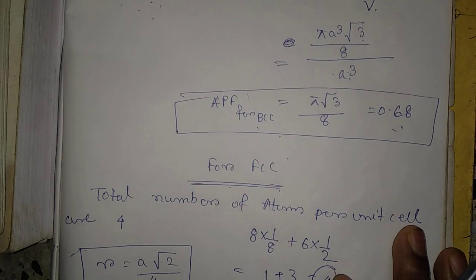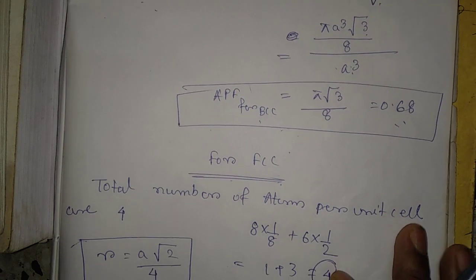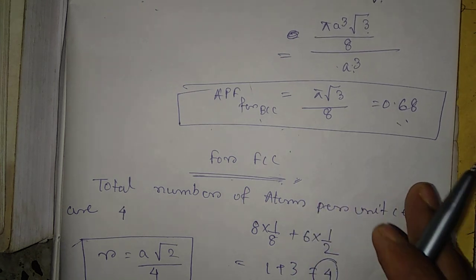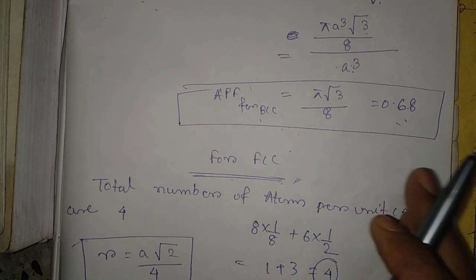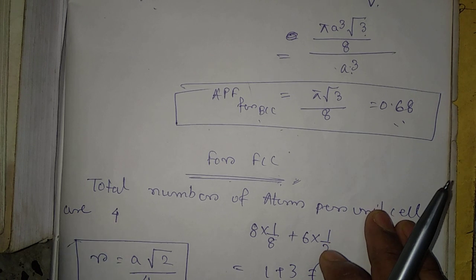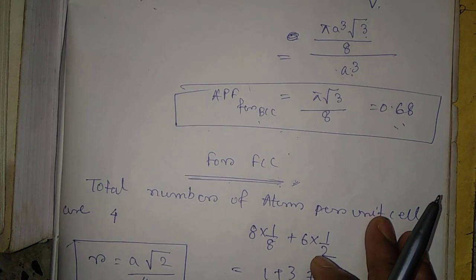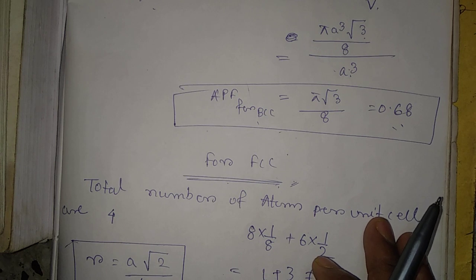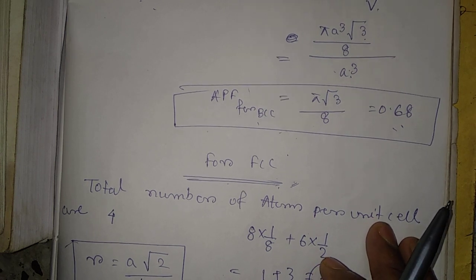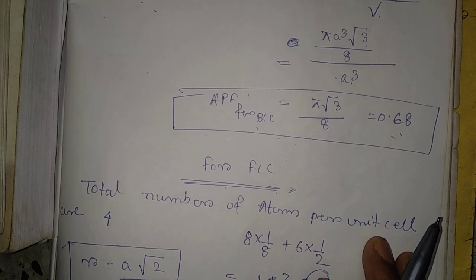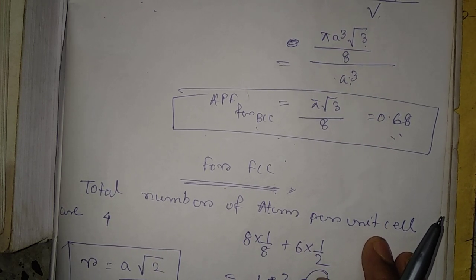Okay. Now, when you calculate the atomic packing factor for FCC, which means face centered cubic structure, as the name suggests, it is face centered cubic. Basically, it is a cubic shape, which means 8 corners, 8 atoms. But that doesn't mean that a total of 8 atoms are in this one unit cell. They basically share with 8 other unit cells also. Okay. So for face centered cubic,